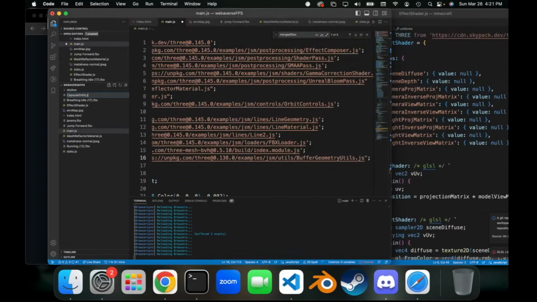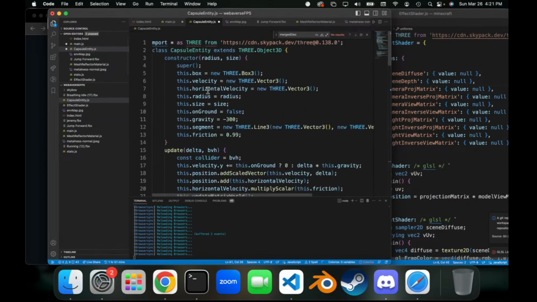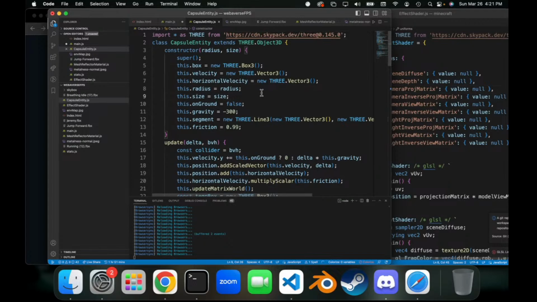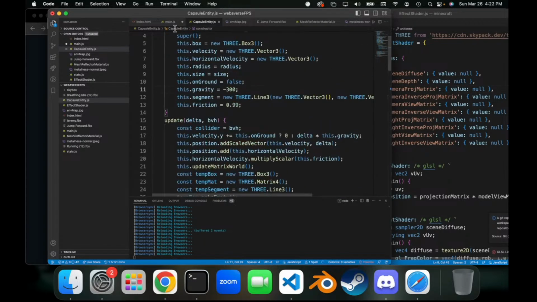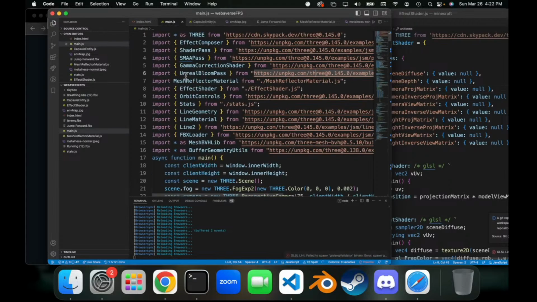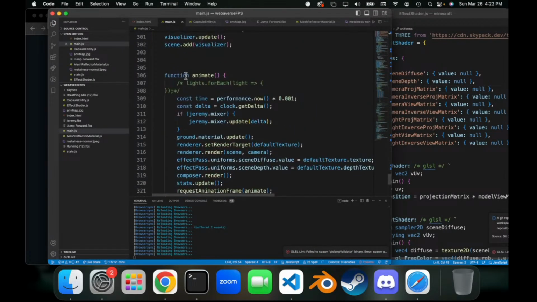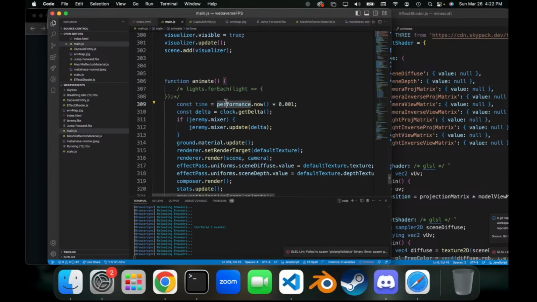Capsule entity. This is literally just hand copied from Mesh BVH, which just goes to show what an amazing library it is. Seriously, I love it so much. Maybe a little too much. I've used it for literally everything, and this video isn't sponsored by Mesh BVH. It's just like the greatest library of all time. Well, except for Three.js, of course. But